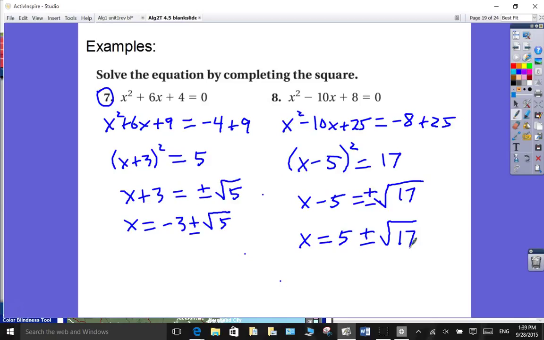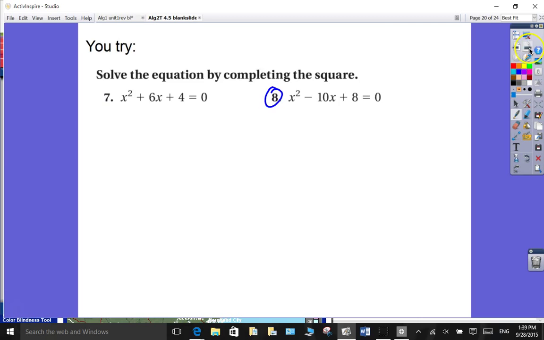So this is coming from the section on completing the square, but it's really solving by taking square roots in the end. It's what we learned in section 4, whatever, 4 or 5. Now there's only one more I need to show you. We don't have much time for it, but